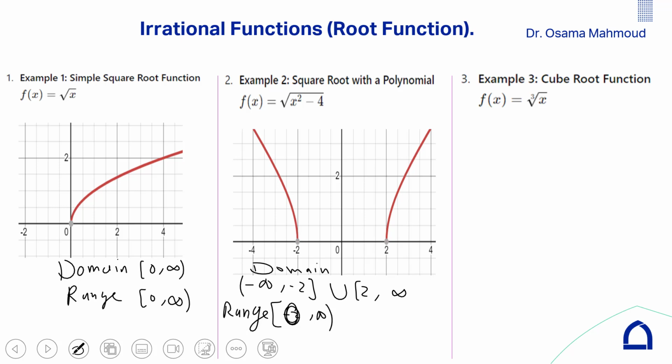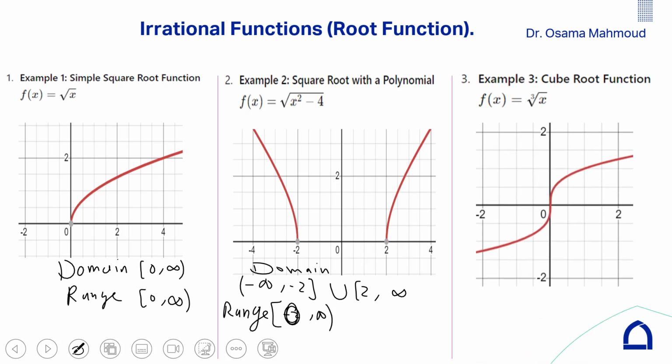Okay. The cubic root, yes, the domain is from minus infinity, because it is the value of x, to positive infinity. This is the domain. For the range, yes, this one will be extended down and this one will be extended up. So the range will be from minus infinity to positive infinity. So x could be any real value,